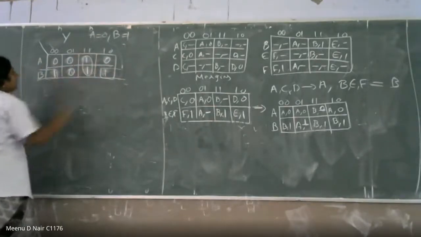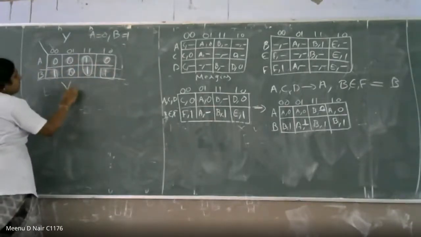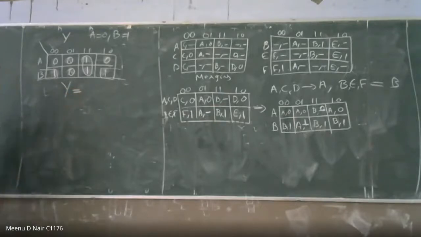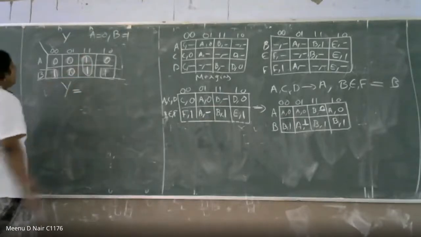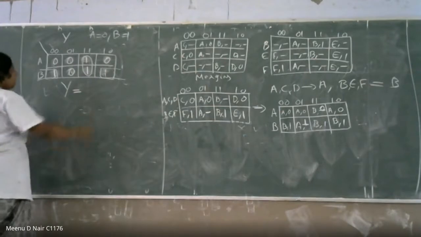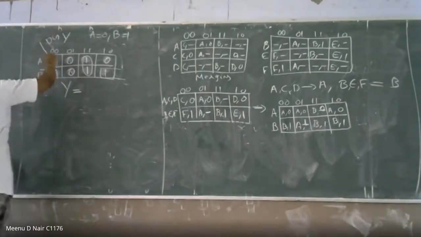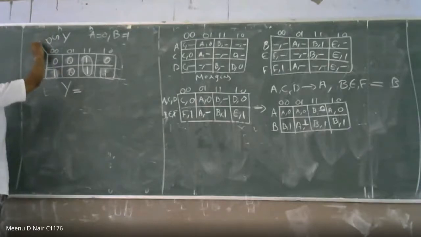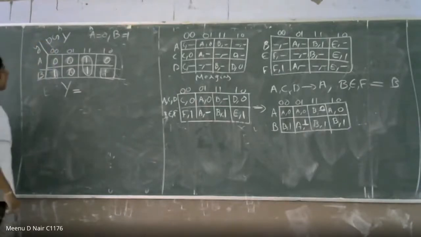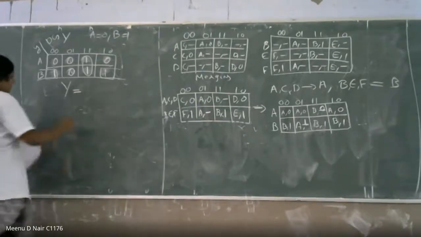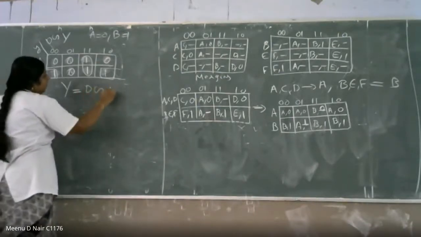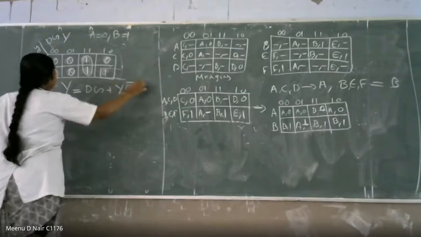So this is one expression. Capital Y, this is the excitation variable, capital Y is equal to 1, 1. What is 1, 1? This is nothing but dg, and this is nothing but y. dg is your input, y is your excitation, secondary variable. So the answer will be dg plus y g bar.